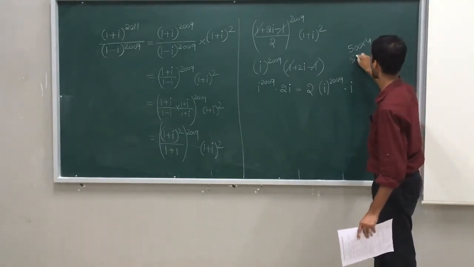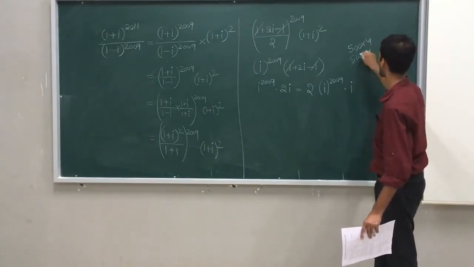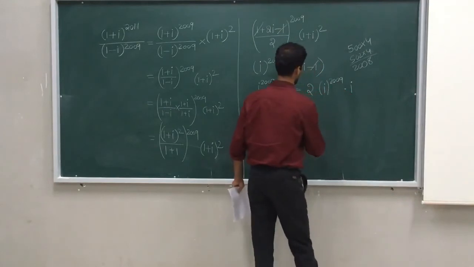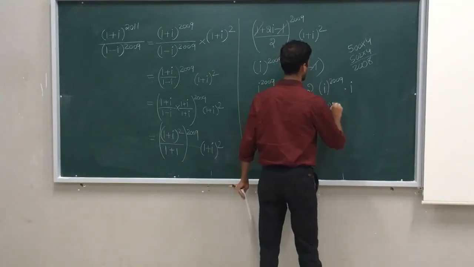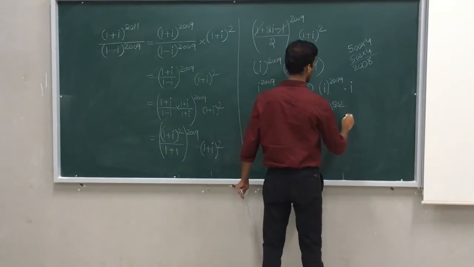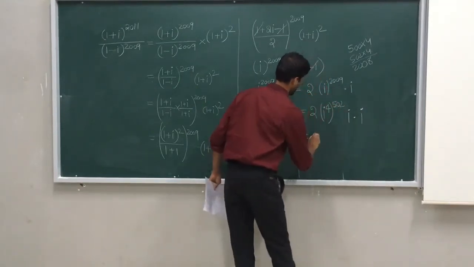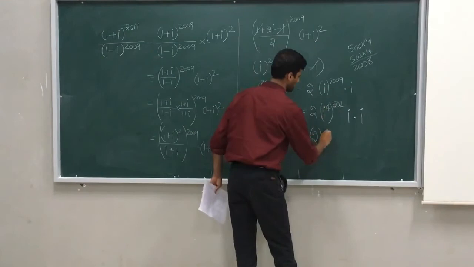So what if I take 502 into 4? It gives me 4 to the 8, 4 0, 4 5 is 20. So I will make it as 2 times of i raised to 4 times of 2000, 502. It gives me 2008. 1 i left into i. It is 2 into i raised to 4 is i square into i square. That is plus 1 to the power of 501.